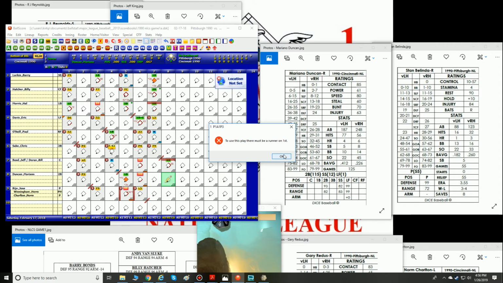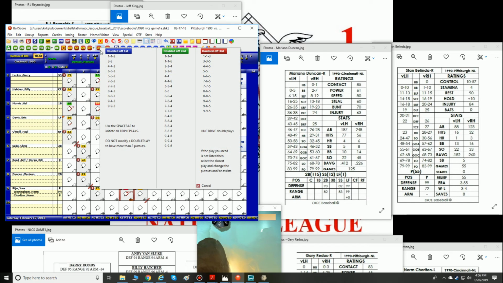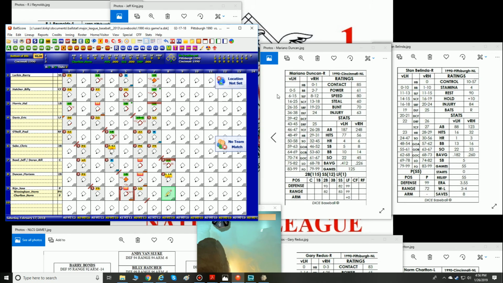To use this play, there must be a runner on first. Correct. We don't have a runner on first. We have a runner on second. So liner double play ball. It's going to be a 1-1-4. There we go. 1-1-4. So the pitcher assisted, the pitcher put out at second base, and that's going to really hurt Cincinnati there. And the crowd just oohs and ahs all over that one as Mariano Duncan has popped it up